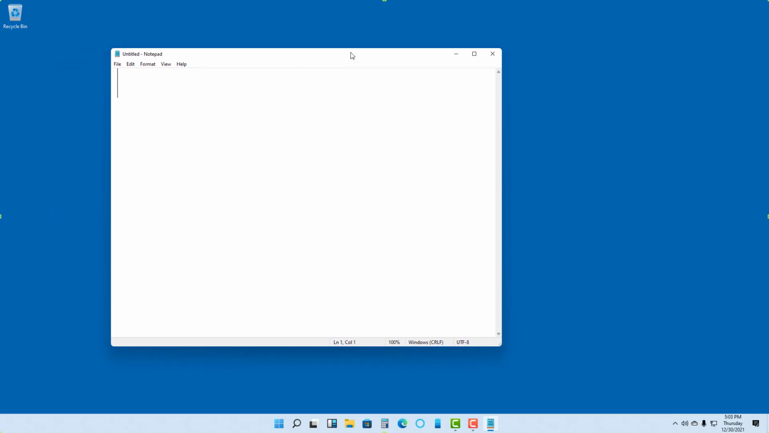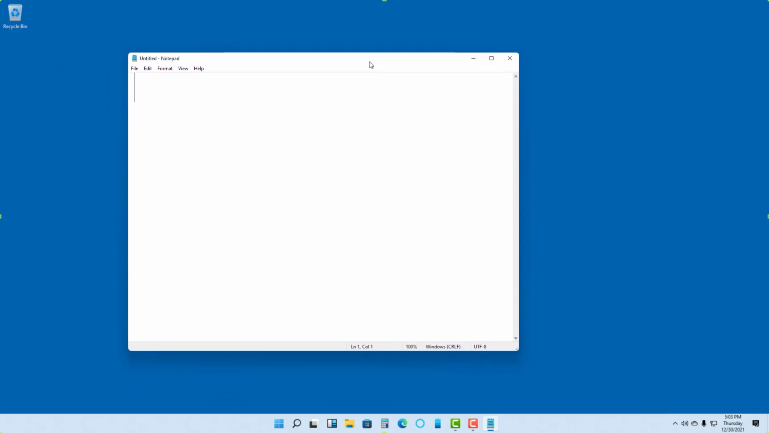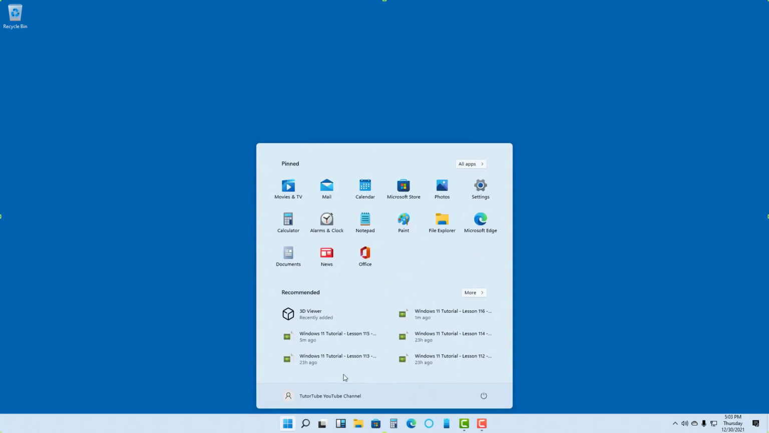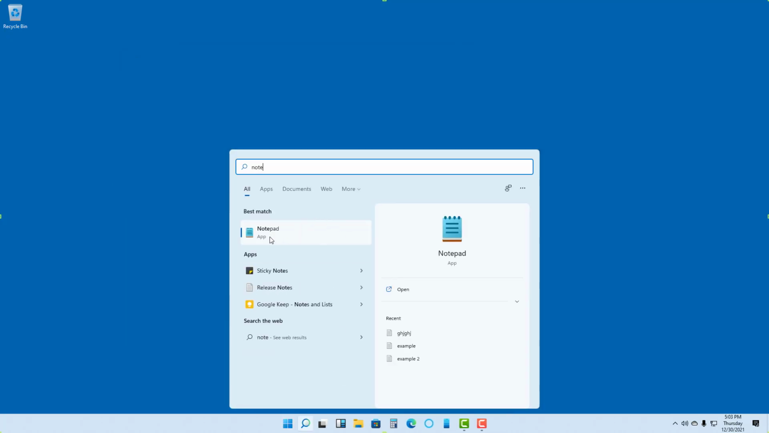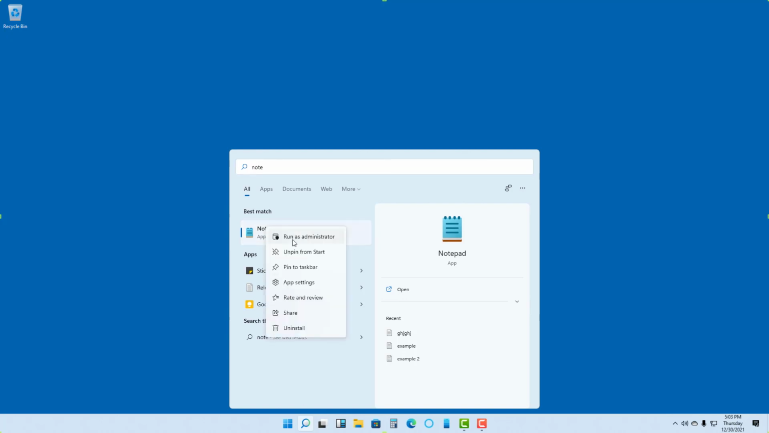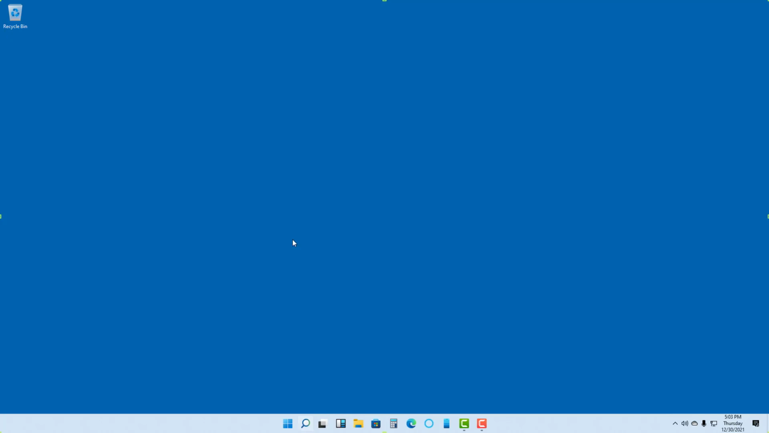But what you can also do is give administrator privileges to normal apps like these as well. So for that, I'm going to type in Notepad right here, and to give this particular application administrative privileges so that it can edit system files as well, you can right click over here and click on run as administrator. Once you click on this, it actually asks you if you want to allow